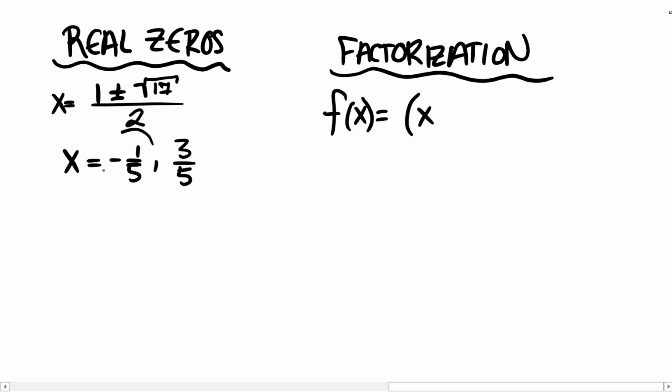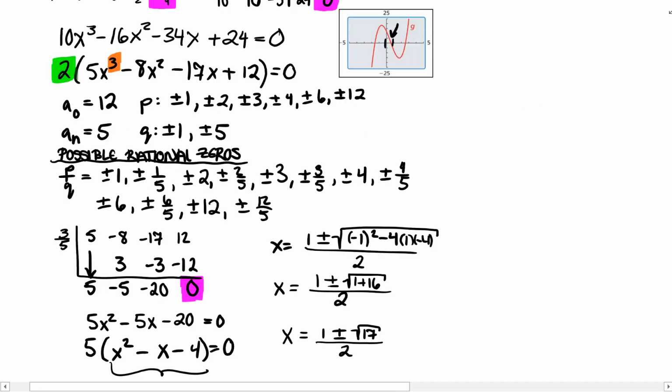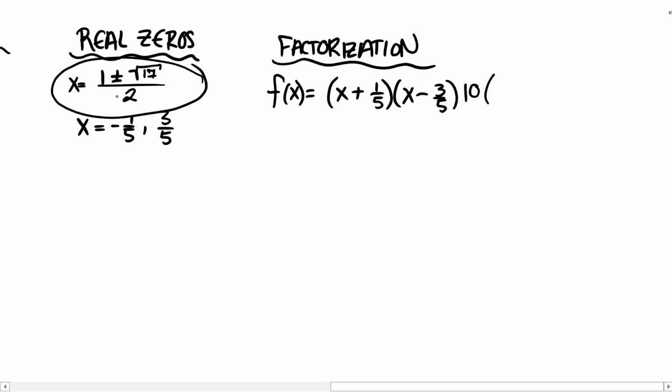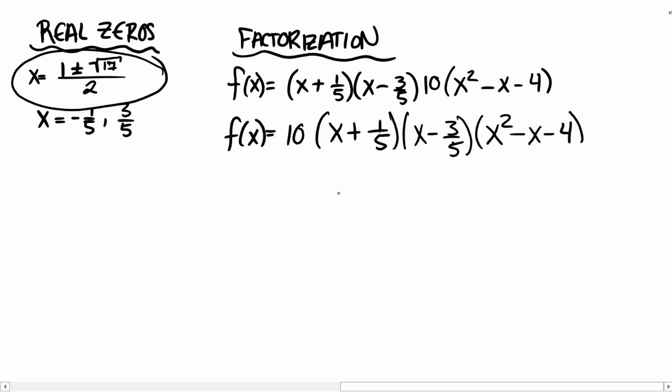So my factorization was x minus my first 0, x minus the next 0. We factored out a 2 in this step, and we factored out a 5 in this step. So 10 needs to be multiplied by the quadratic that gave you these real zeros. The only thing is, when we factor, we don't usually get these weird fractions. And so, to write them as non-fractions, which is a helpful piece of information,